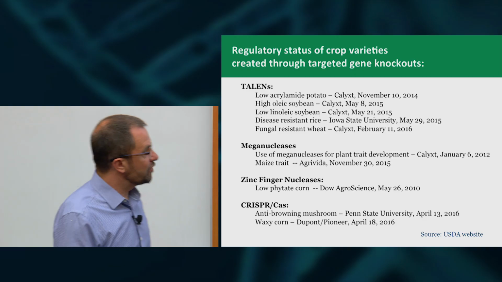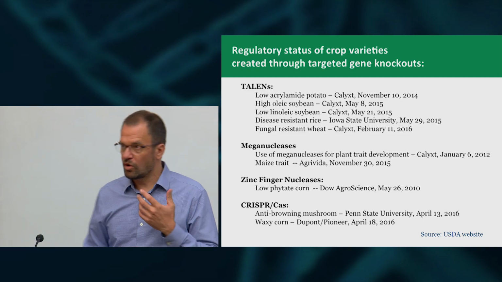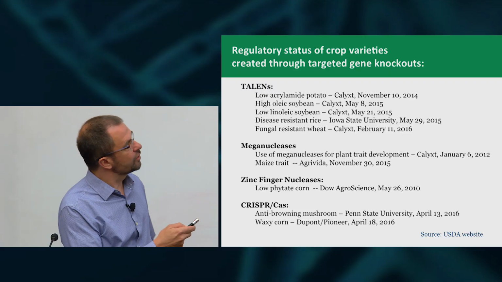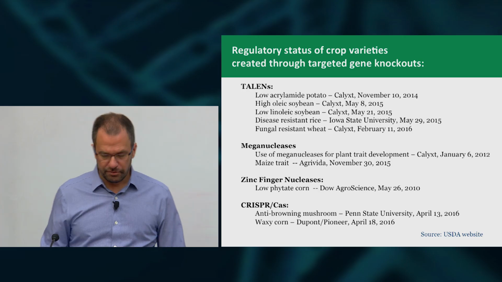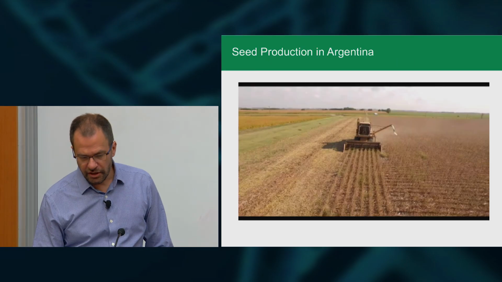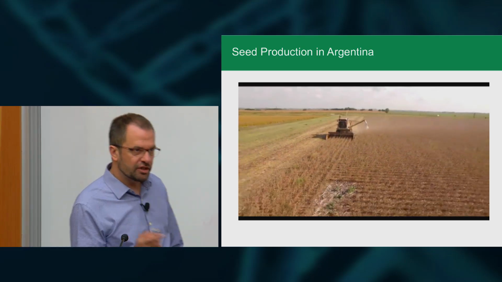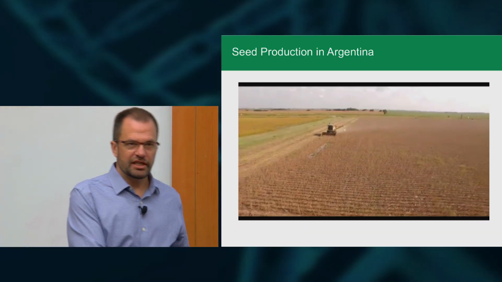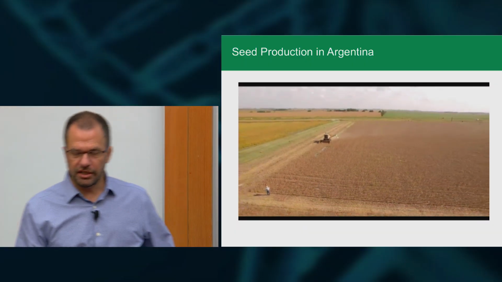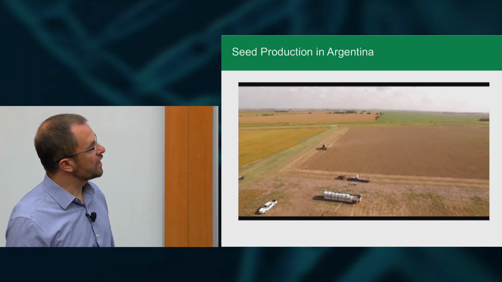And so what that means is we can go from the laboratory into the field, and this applies to companies as well as individuals at universities. We can now create modified plants and get them into the field and test how they behave. And this is in fact what we've done with our soybean, both in the United States, and then we received regulatory approval in Argentina. So we can grow them in the summer in Minnesota, and then in our winter in Argentina. And this is our field in Argentina that was harvested this past spring.